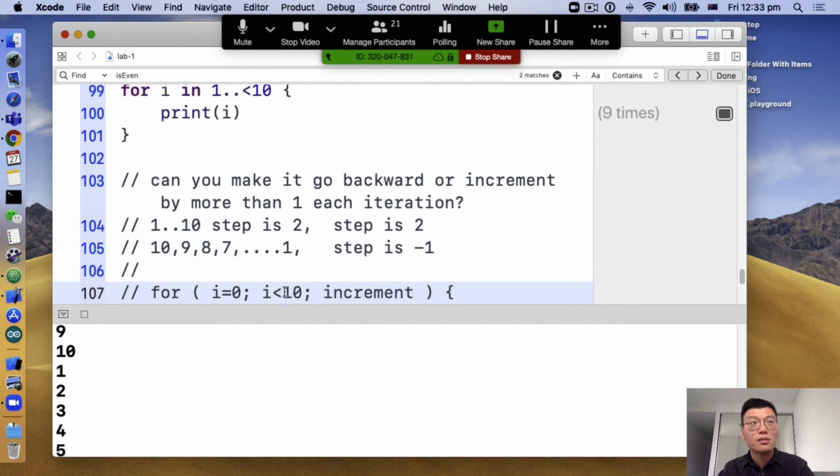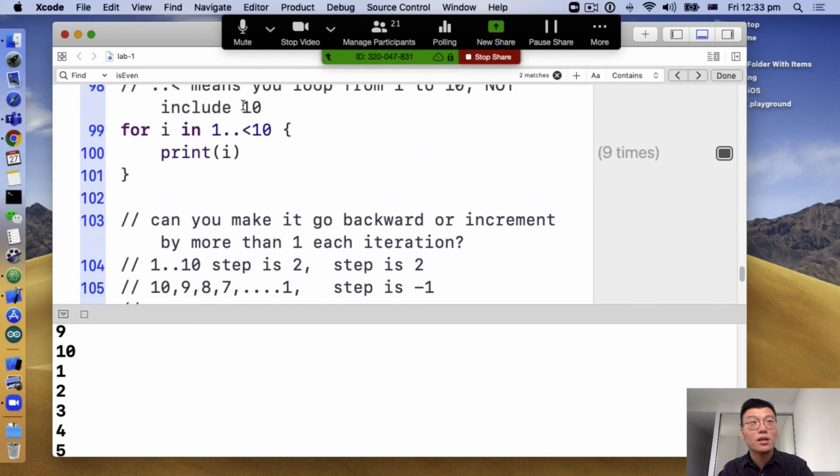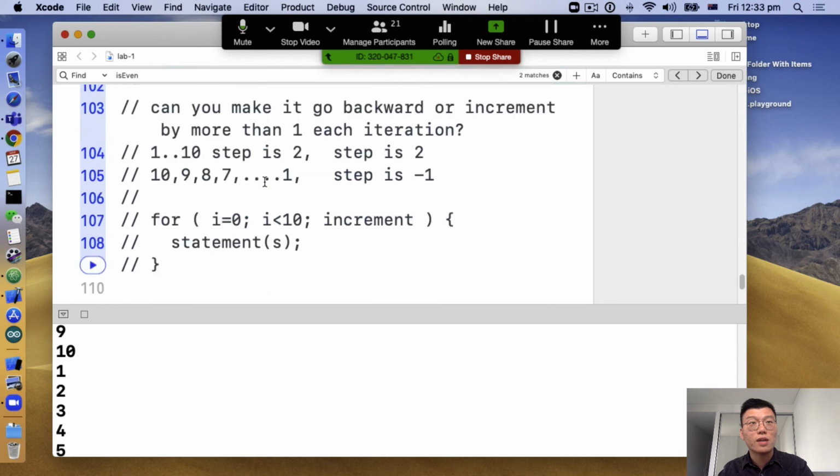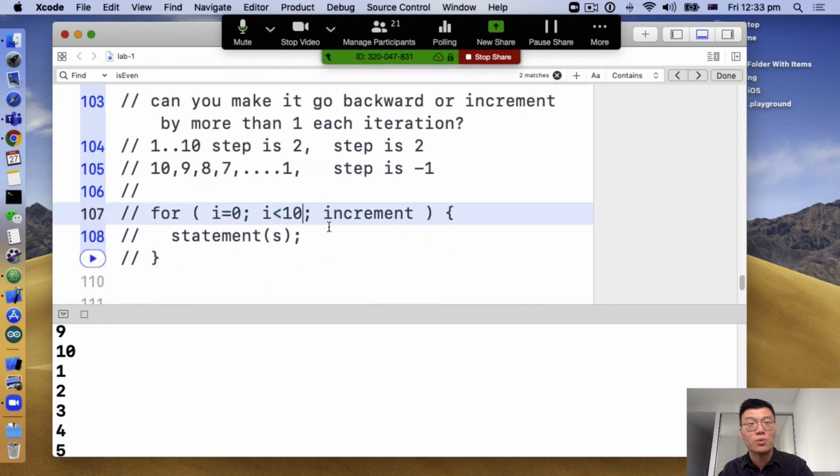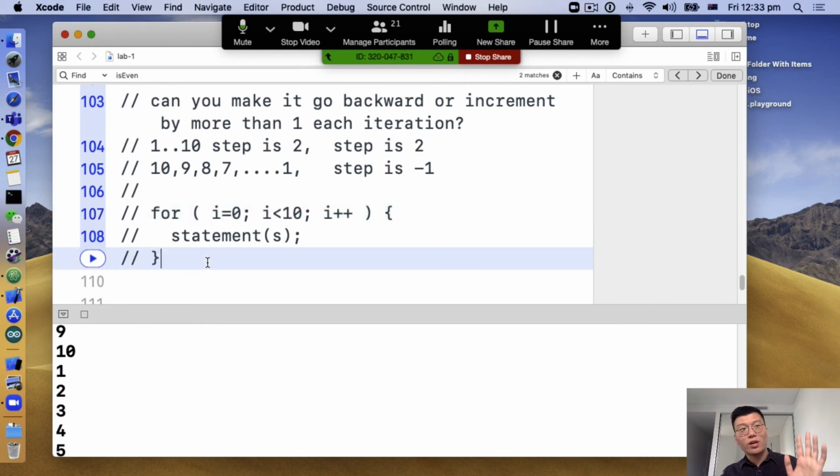By the way, less than 10 is just equal to this, right? That's why it's the less-than operator. And i plus plus, right? Is everyone okay with this? This is like C language 101, the first hard thing we know. But in Swift, they